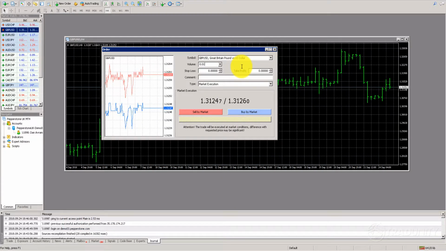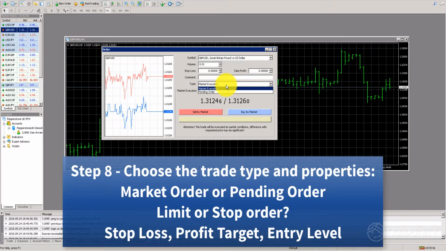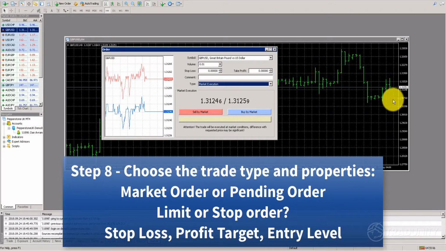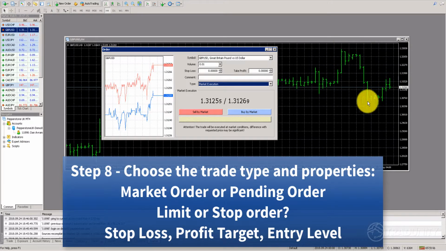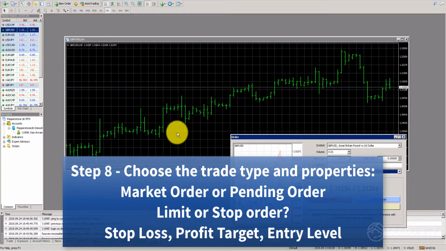And okay, now that we've got the 0.01, I'm going to see what kind of trade I am going to put: a market execution trade or a pending order? Well, market execution means that I'm going to put the trade right now, and I don't want that. I want the trade to start under these two lines, because I believe that if this is a new lower high, lower than this, then there is a downtrend happening, and from here it's going to go down until where? Down until the previous support, which is somewhere around here, as you can see, and this is exactly the